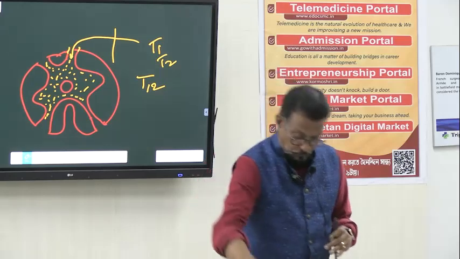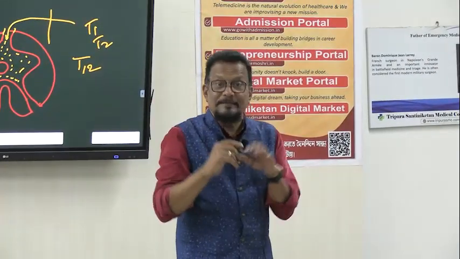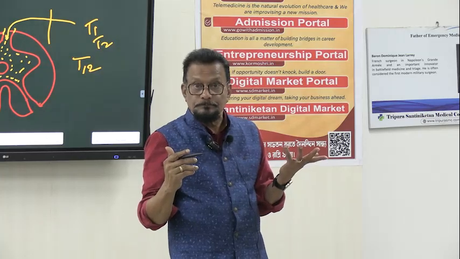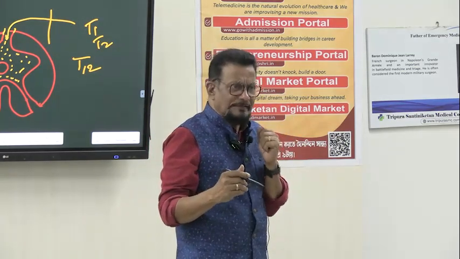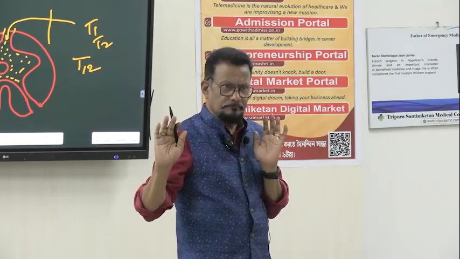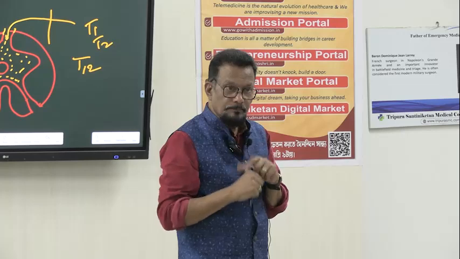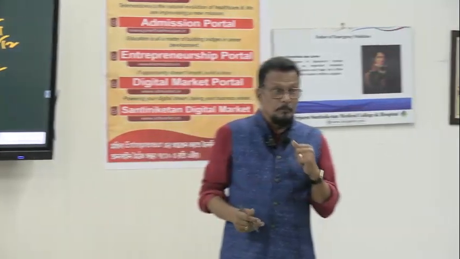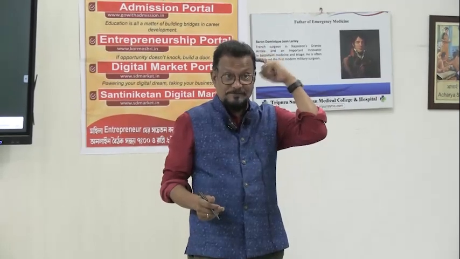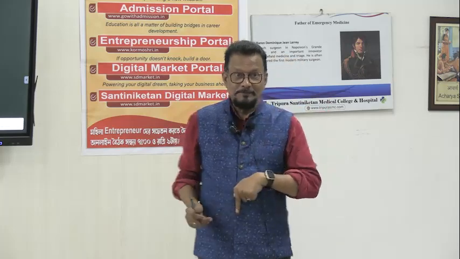Similarly, when this sensation is coming to the brain, the brain will decide what to do. So you do one thing, you go away from here. Better, otherwise you will be beaten. You go away fast. So the motor impulse from the cerebral cortex will be coming downward.